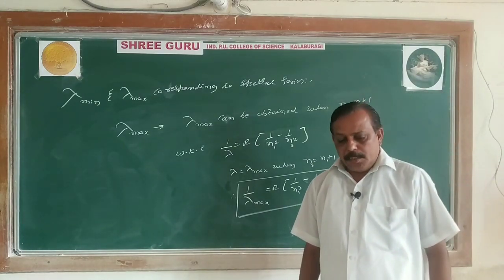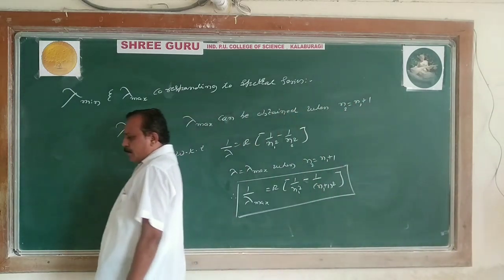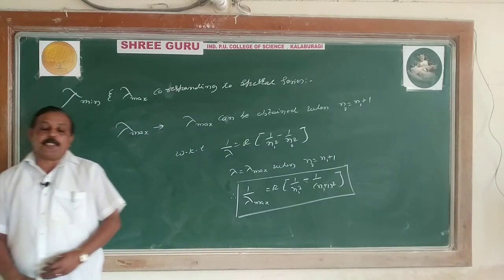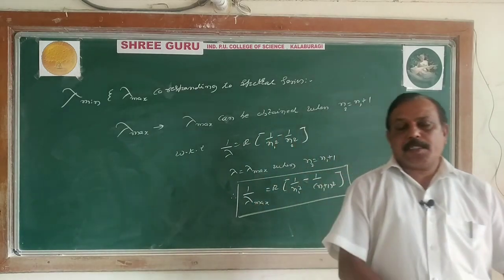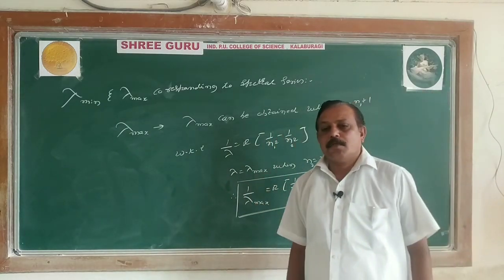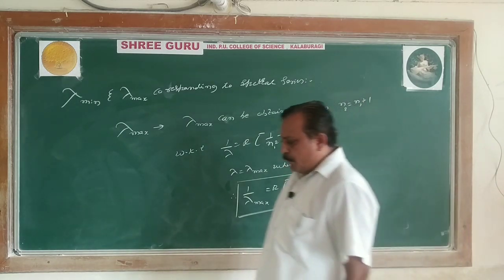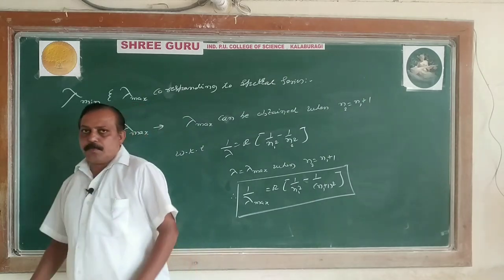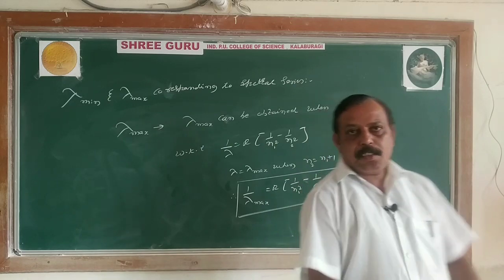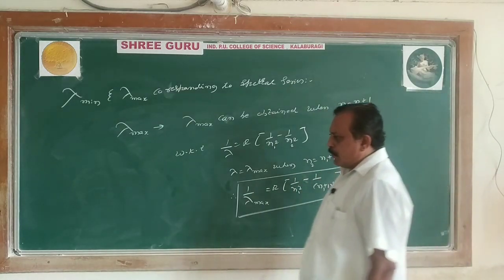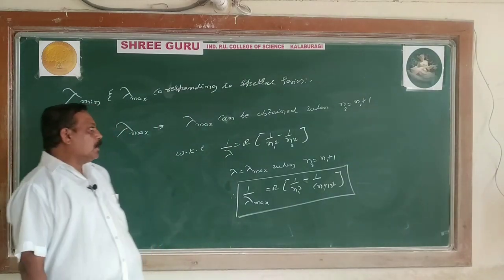Then after that, we come across the equation for wave number, by using the same equation of nth orbital energy. When the electron jumps from any higher orbit to a lower orbit, we receive energy in the form of a photon, E equals h nu, then E equals E2 minus E1, then En2 minus En1. By using that nth orbital energy equation, we have derived the wave number nu bar equals the reciprocal of wavelength, 1 by lambda equals R,